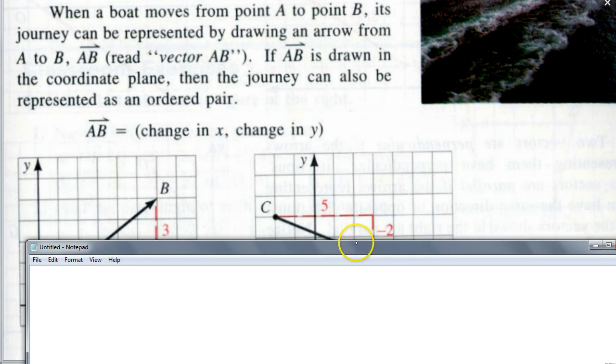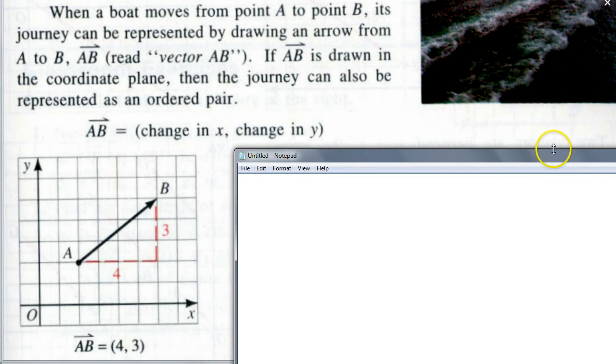So for example, take a look at this one right here. Look at this vector AB. We're going from A to B. How do I know that I'm going from A to B? That arrow, right? The arrow shows A is the starting point, B is the end point. So the way we represent this vector as an ordered pair is we say 4, 3 because look at the